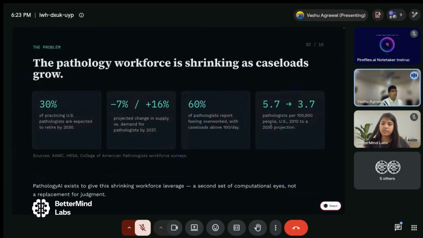So the first thing that I want to talk about is the actual problem. And like I said before, the pathology field is shrinking, and the number of cases that pathologists deal with every day are climbing day by day. About 30% of practicing pathologists in the US are expected to retire by 2030. And these projections show that the supply is dropping around 7%, while the demand for pathology is increasing by 16%